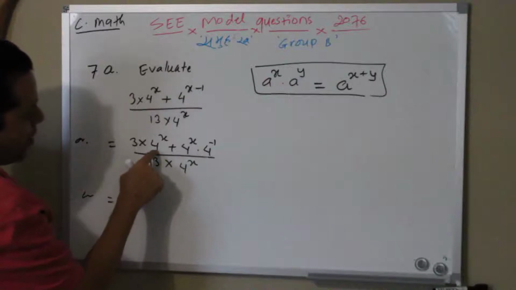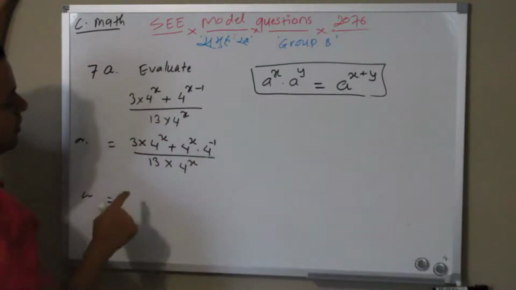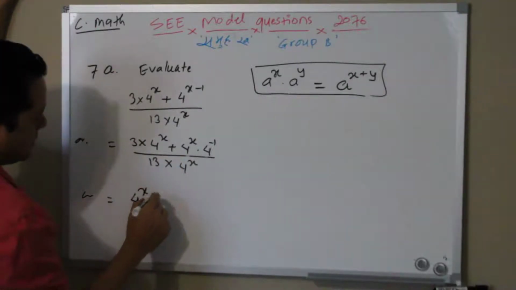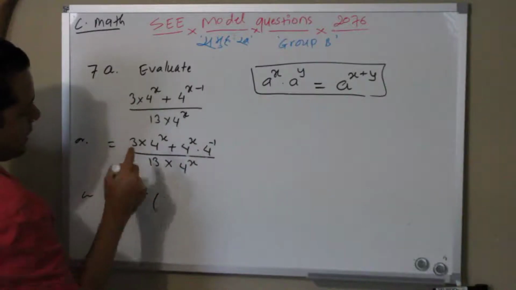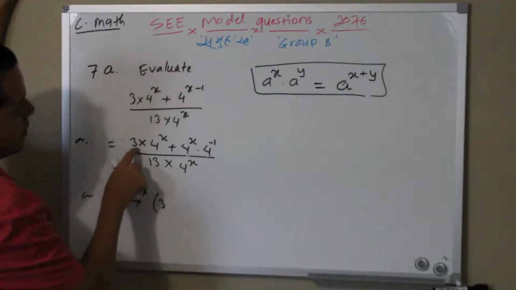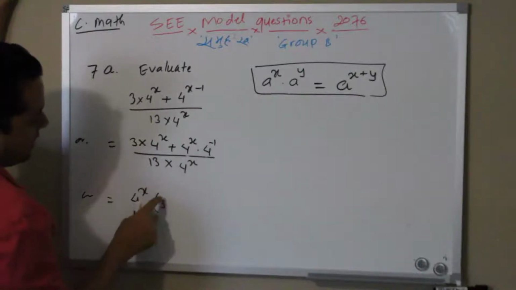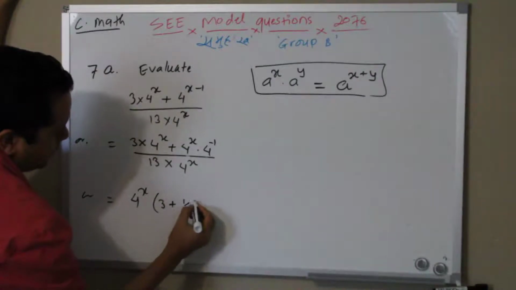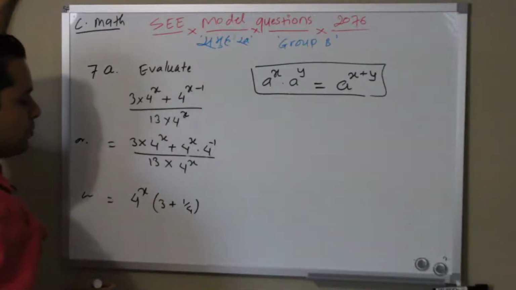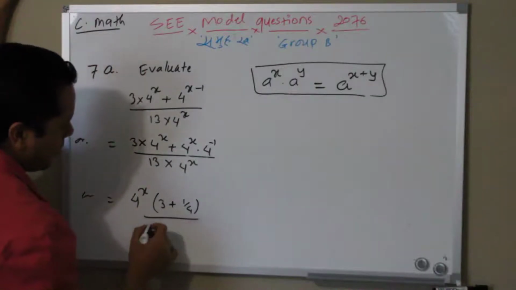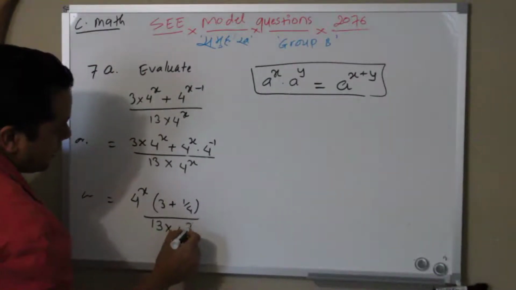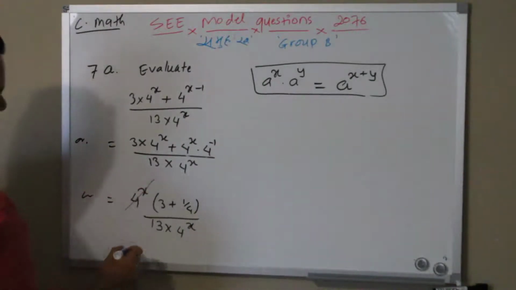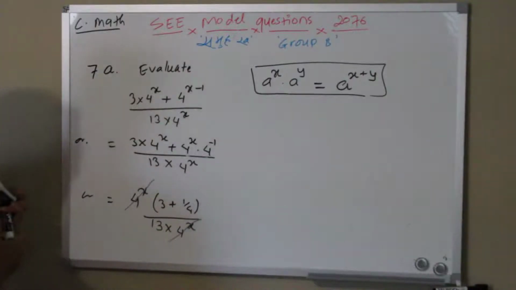We have a 4 power x here, 4 power x down here. We can take them out, right? We can take a common, 4 to the power x, they are in common. So I'm taking them out. I'm taking a common here, so 3 is left over here, plus 4 power negative 1, which means 1 over 4, over 13 times 4 power x. Now look at here, we have a same thing, 4 power x cancel out, so left over is